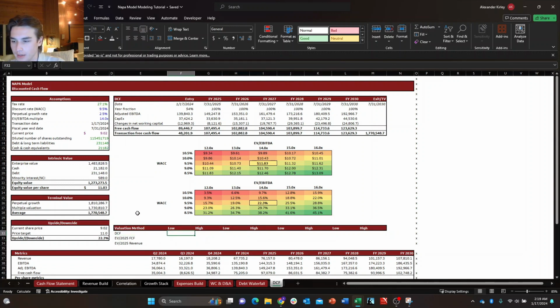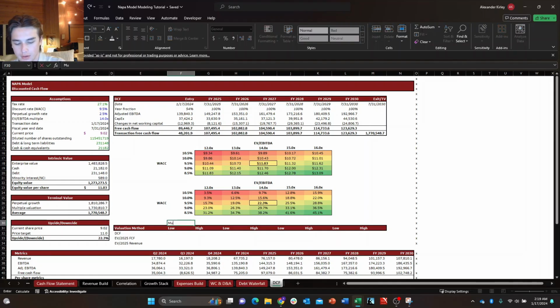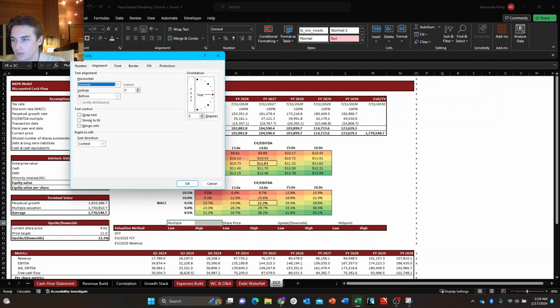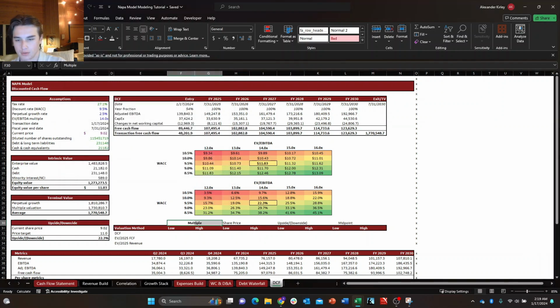So to do this, what we're going to have to do is take our multiple, our share price, upside, downside, as well as our midpoint. Center across selection, hold it, and then